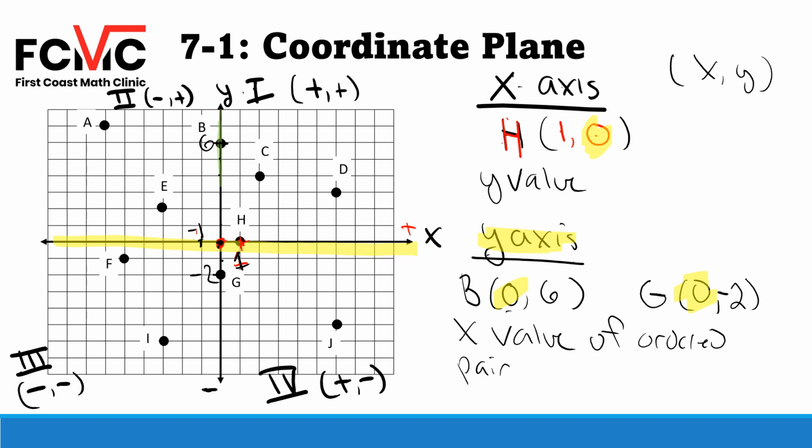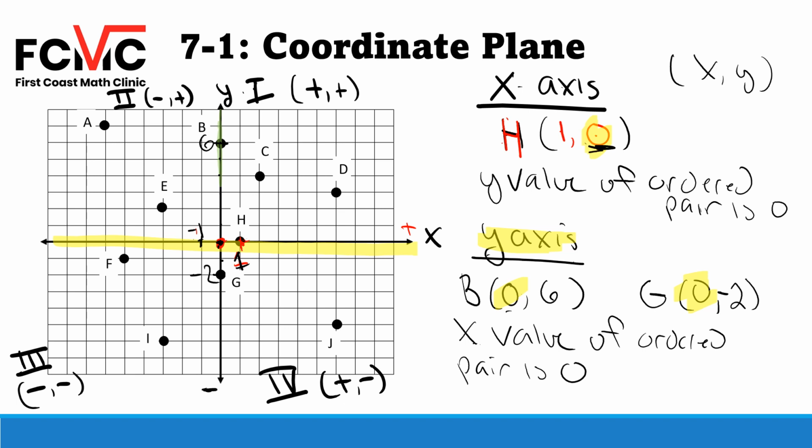That'll be a little more accurate. And then on our x-axis, right here, the y value of the ordered pair is 0, and on the y-axis the x value of the ordered pair is 0. Okay, so